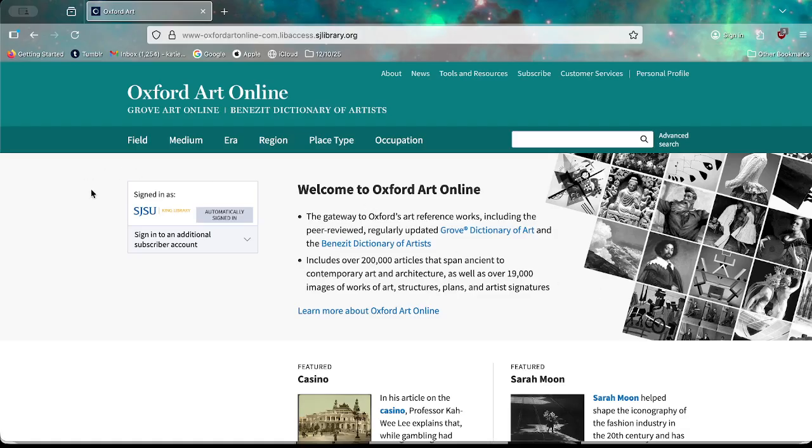So with this database, the advanced searching is pretty similar to the basic searching. A lot of other databases will have a much more elaborate advanced search, but this one is really just a basic search with the filters. So we'll end up doing the same search as the last video. We'll look for Claude Monet, but I just want to show you, if you click advanced search,